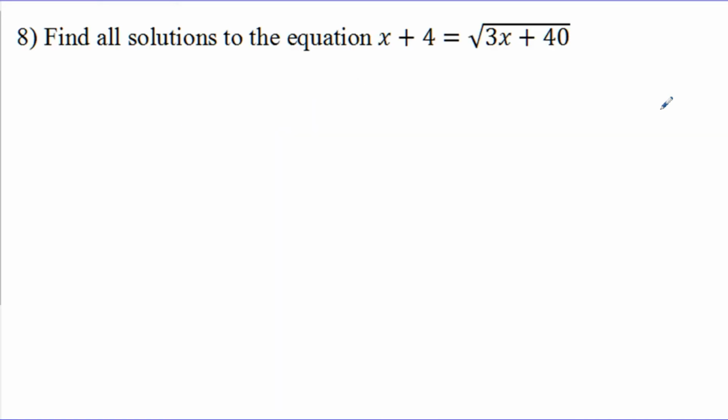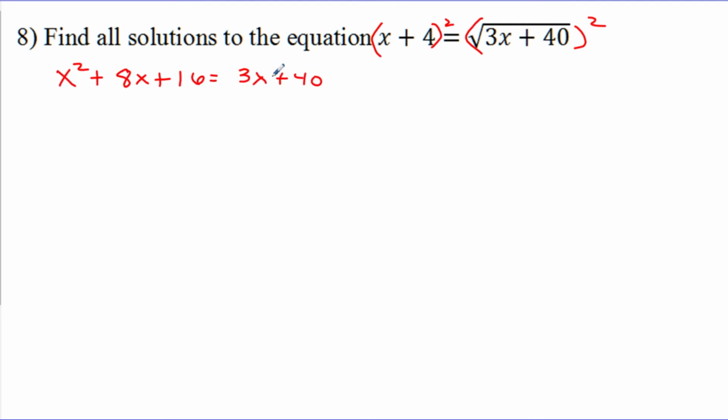This is actually very similar to problem number 1, except without the radical now. I don't have to, without the absolute value. So I can just add this step right here, square and square. And so the left-hand side will look like x squared plus 8x plus 16. And the right-hand side, squaring away the radical, will just make it go away, and I end up with 3x